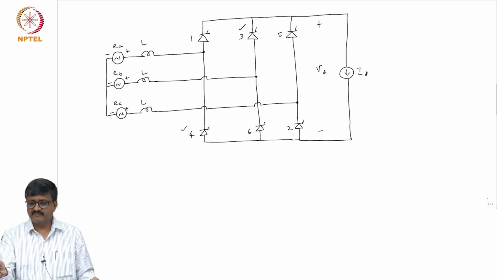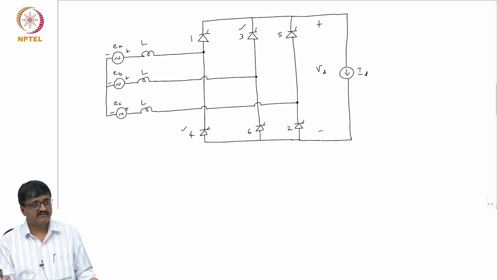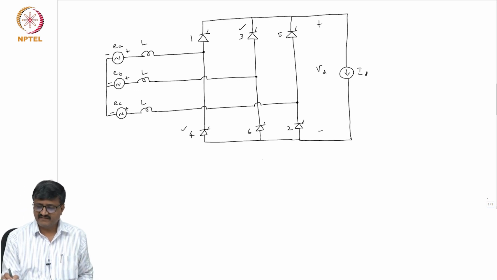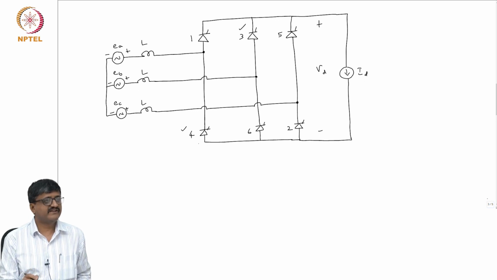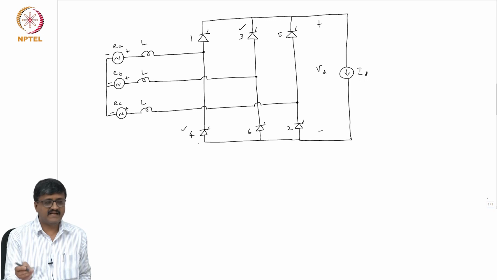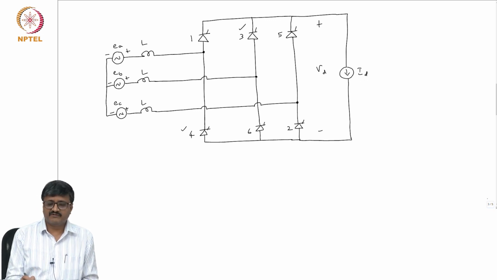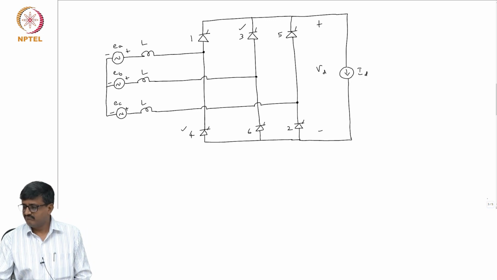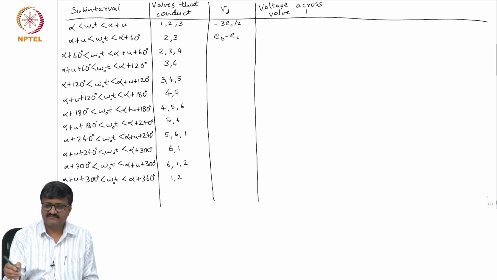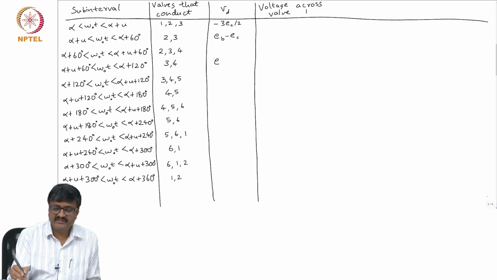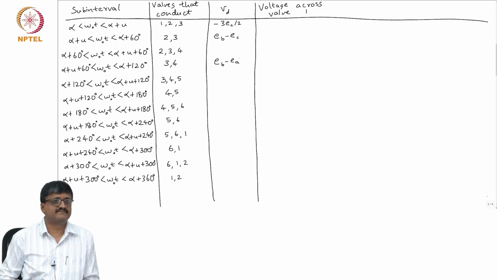EB. So, that is nothing but the positive terminal of VD. The negative terminal of the DC side is actually connected to the positive terminal of EA, because L acts as a short circuit. Of course, our thyristor valve is a short circuit. So, we can easily say that the expression for VD is EB minus EA. I will come to the third row shortly. I will just fill the easier ones first.